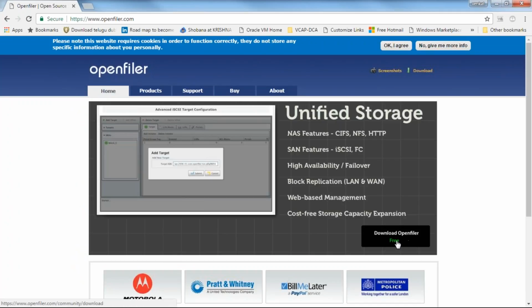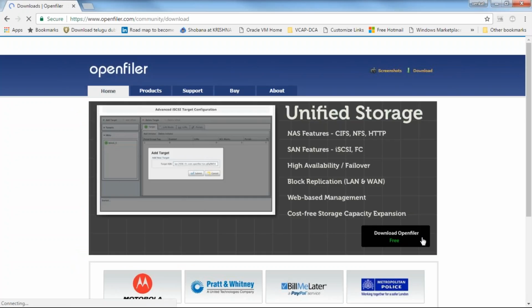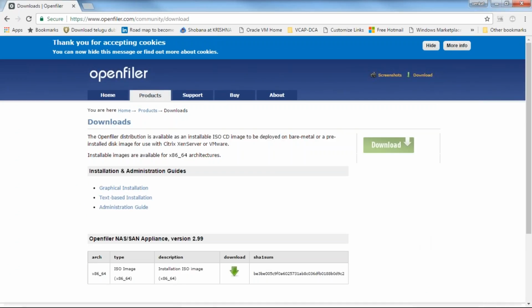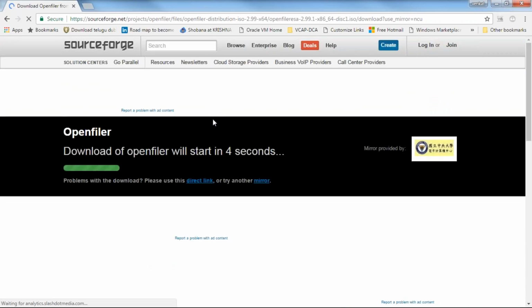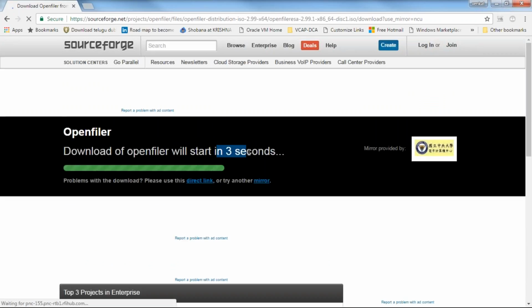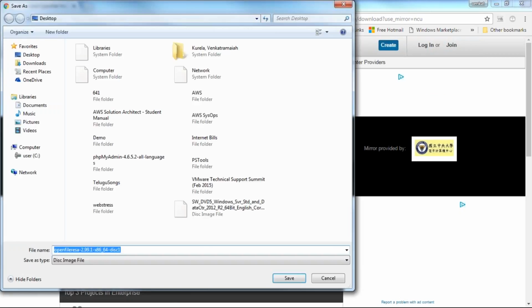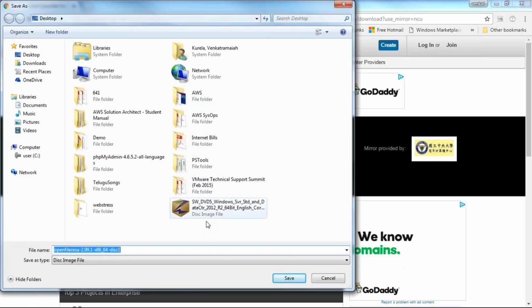You just can go here, click here, download OpenFiler, and you see there is a downloadable file. You just can click over here. I do not have to do anything. It just starts in a few minutes or a few seconds. You see, it is asking me to store this file.